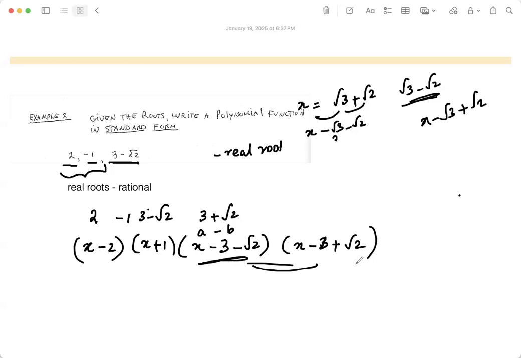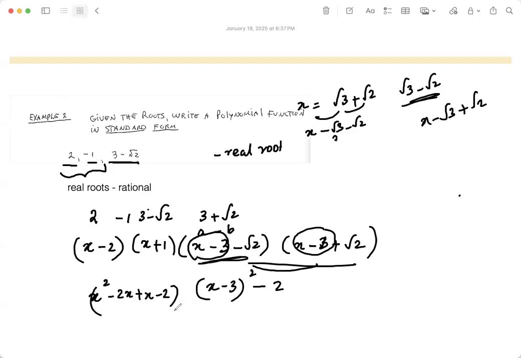So I have written the two linear factors here. But if you think about it, this can be considered as a minus b, a plus b, so a square minus b square. This is the best way of doing this. Here when you multiply x square minus 2x plus x minus 2, now I need to see this one is inside this one, x square minus x minus 2, and then you will have to multiply x square.